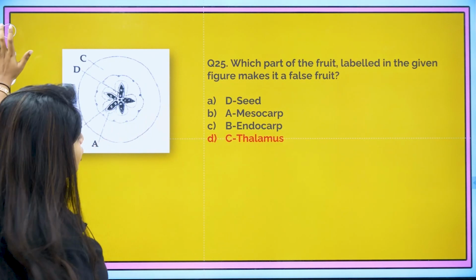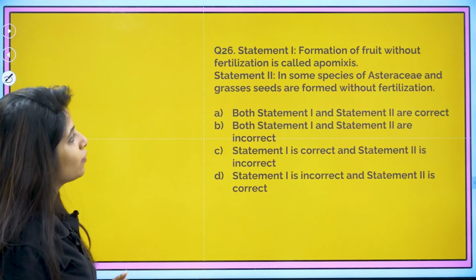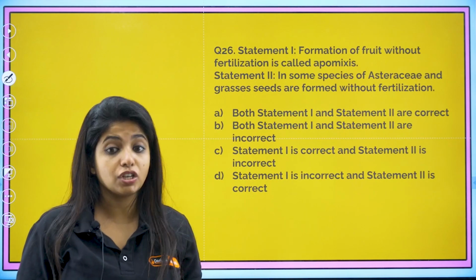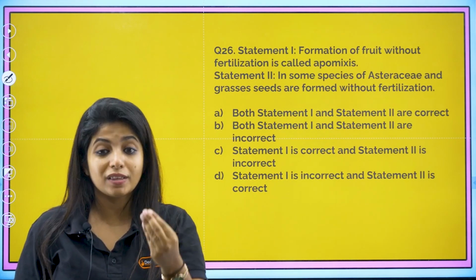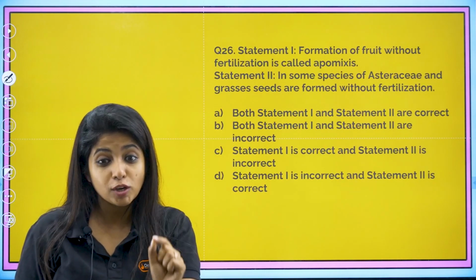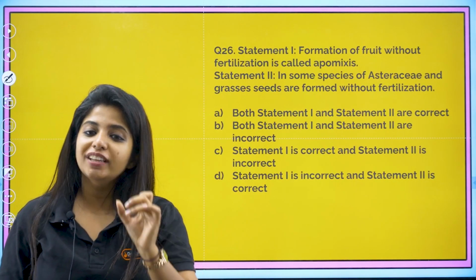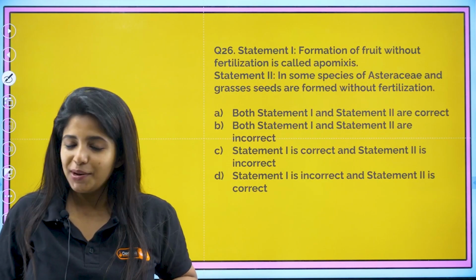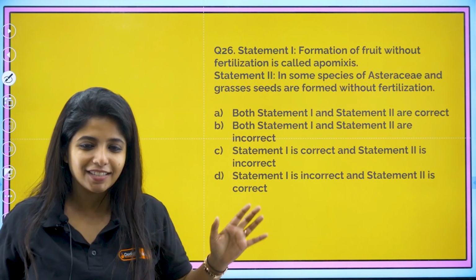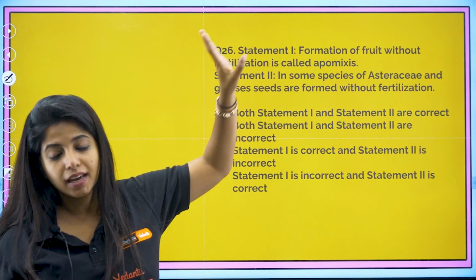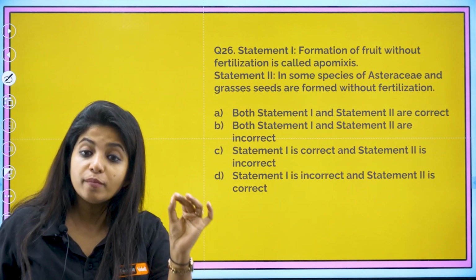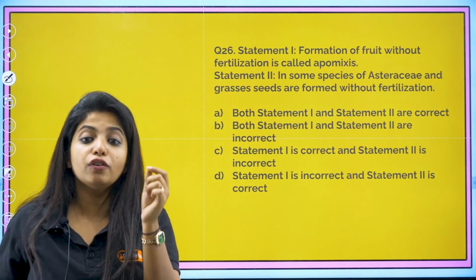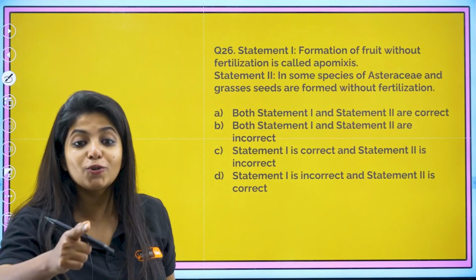Yeah, and now one question which is there for you guys to solve, and that is this. Statement 1. Formation of a fruit without fertilization is known as apomixis. Is it true? Formation of fruit without fertilization is called apomixis. I'll give you a clue. No, it's not true. I'll tell the answer itself here for the first statement, okay? First statement is false. Why? The formation of seed without fertilization is known as apomixis. Formation of fruit without fertilization is known as